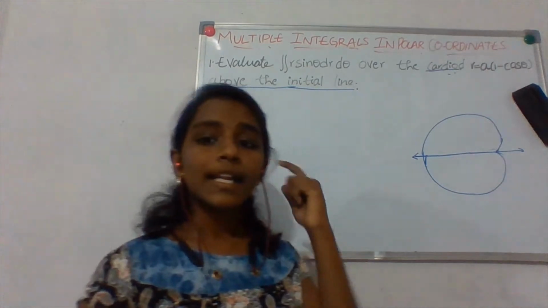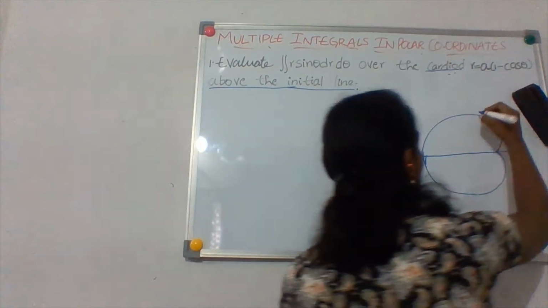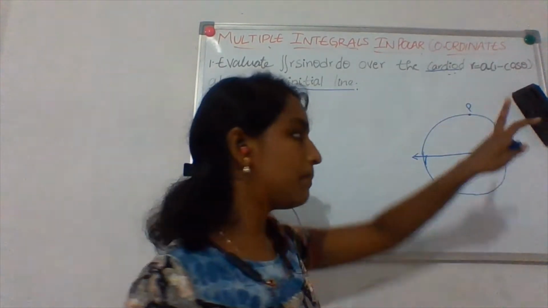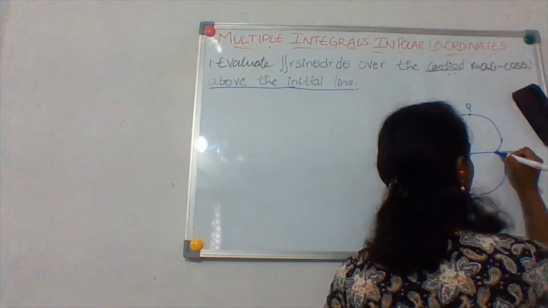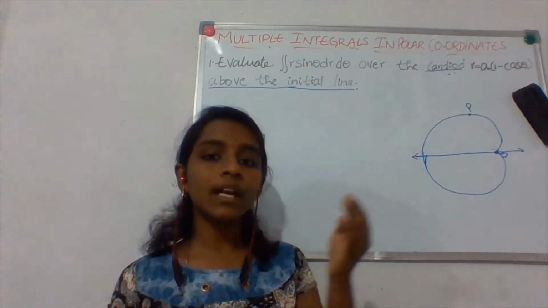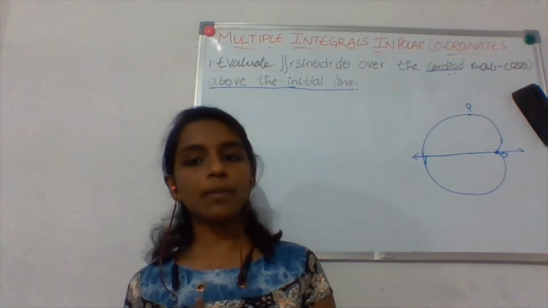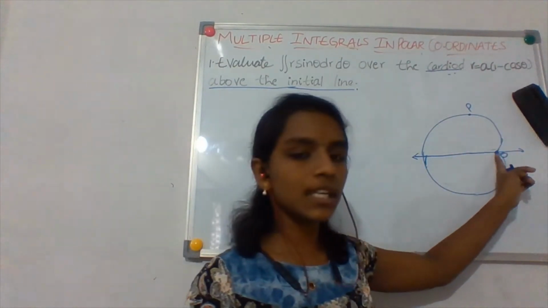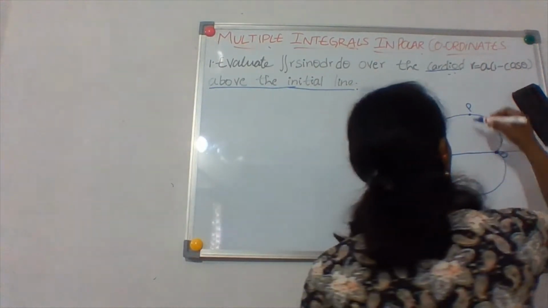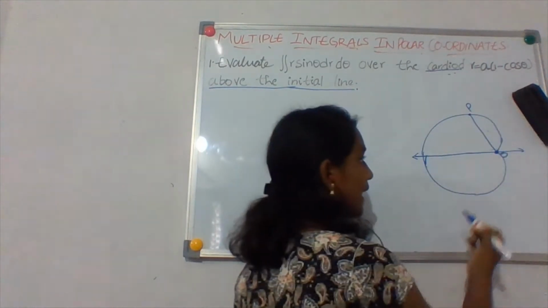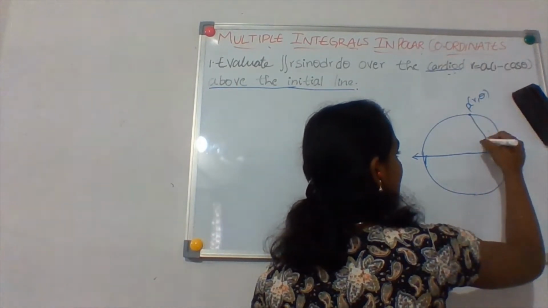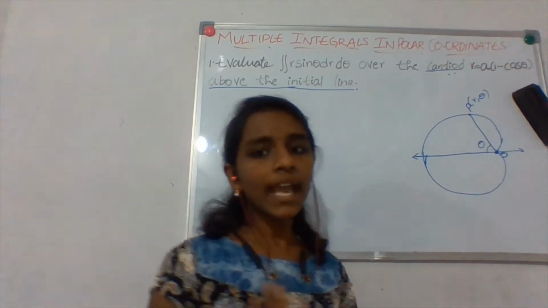Okay. So now let me take a reference point, something as P, on the curve, and let this point be O, some reference point on the line. We have to take one reference initial line and initial point, right? So this is the initial line, this is the initial point, and this is P, the given point. Okay. So now I have to draw this line, and this will be r comma theta. This point will be r comma theta because this angle is theta. Okay, have you got the point?